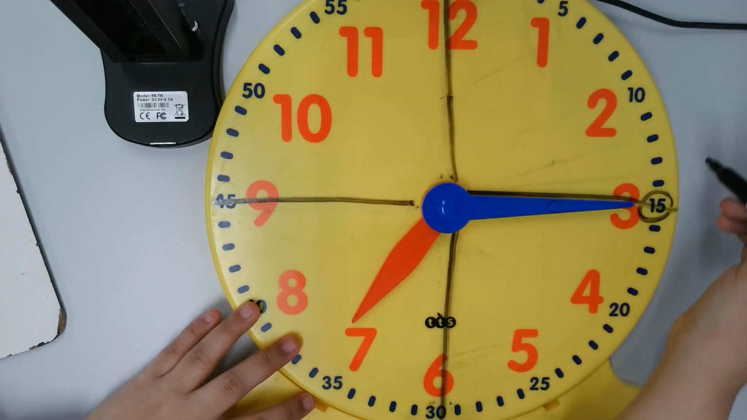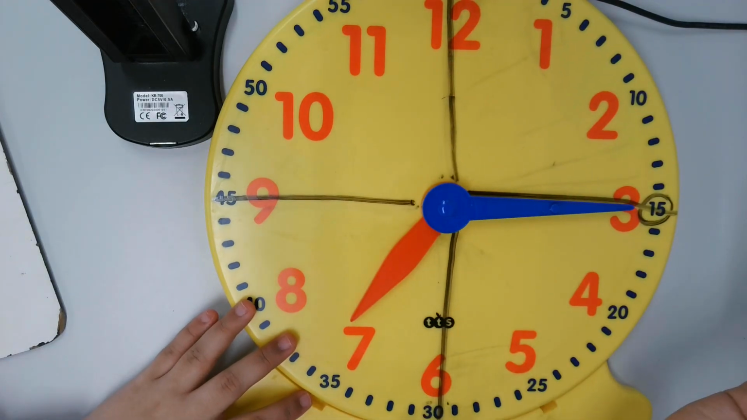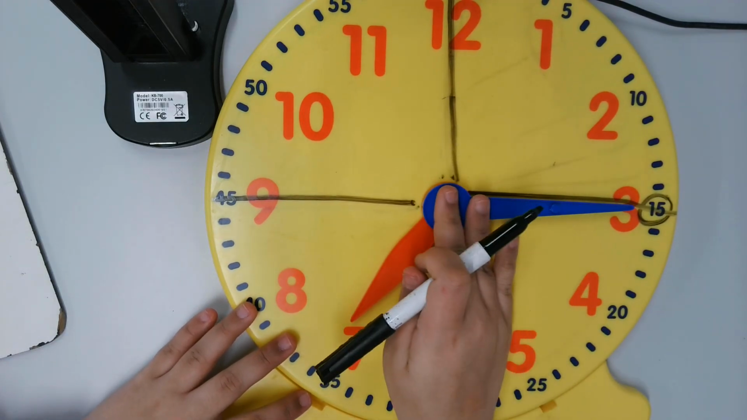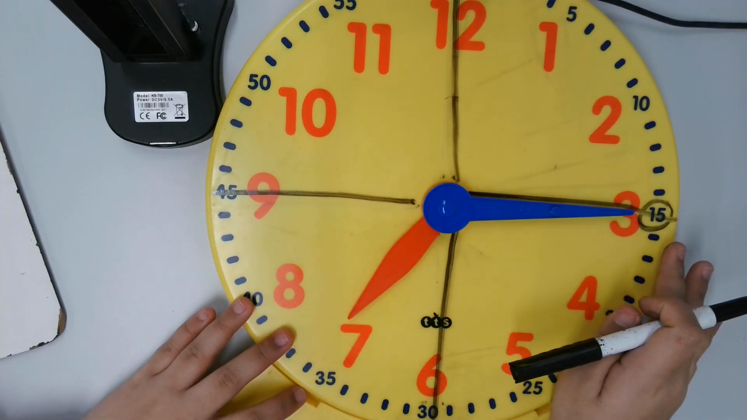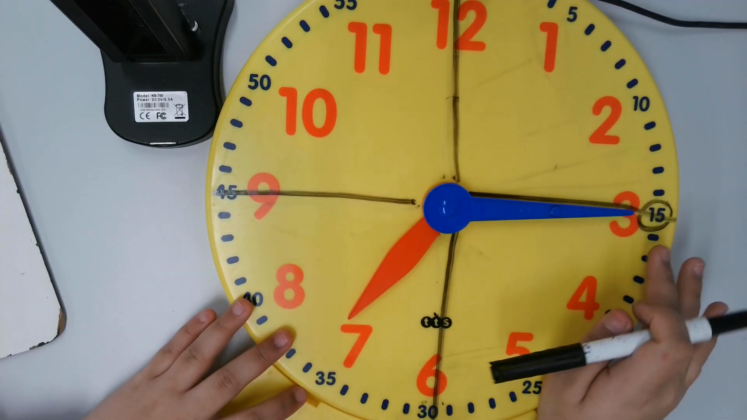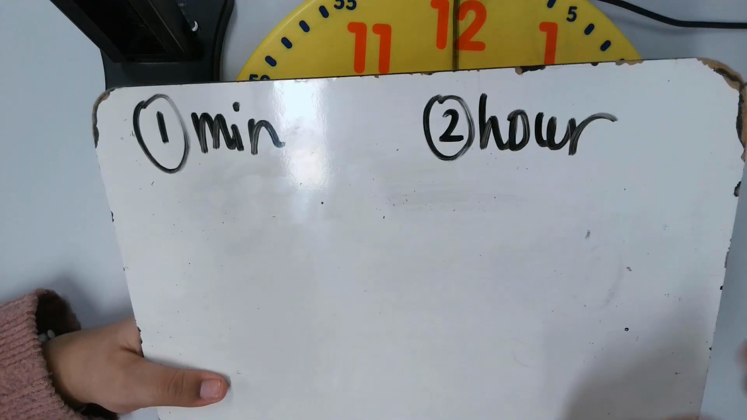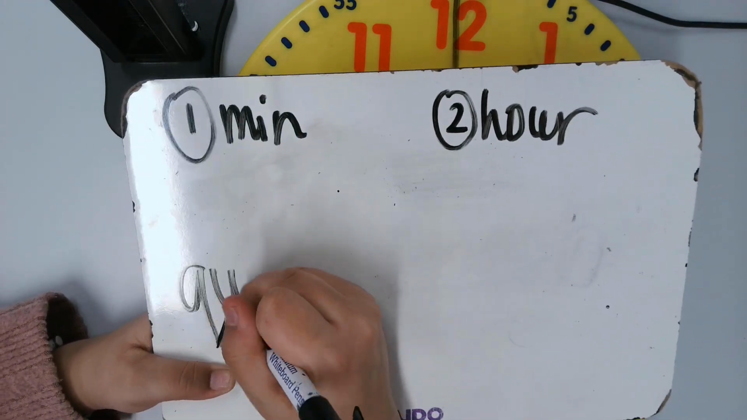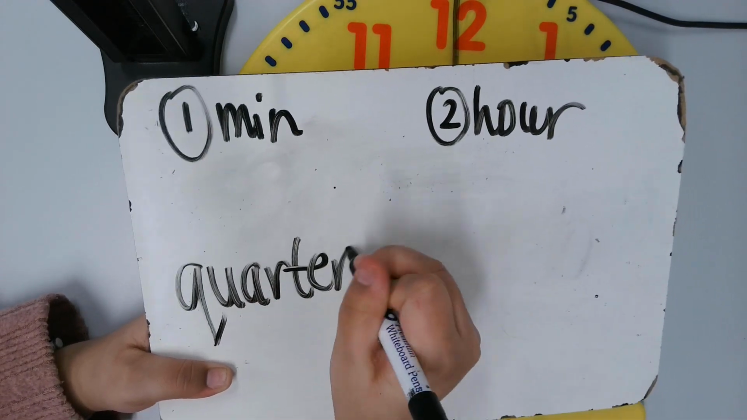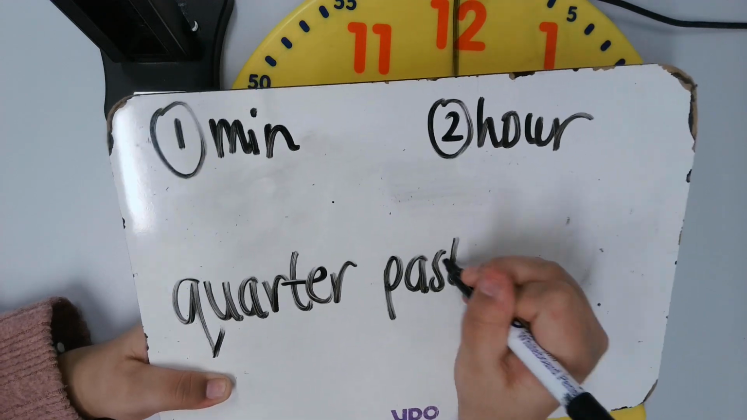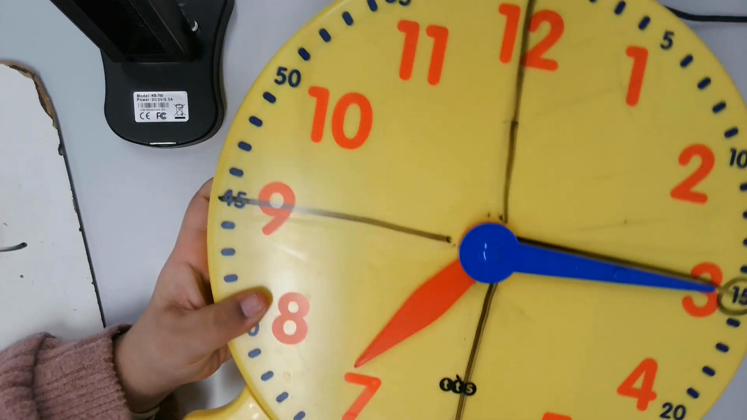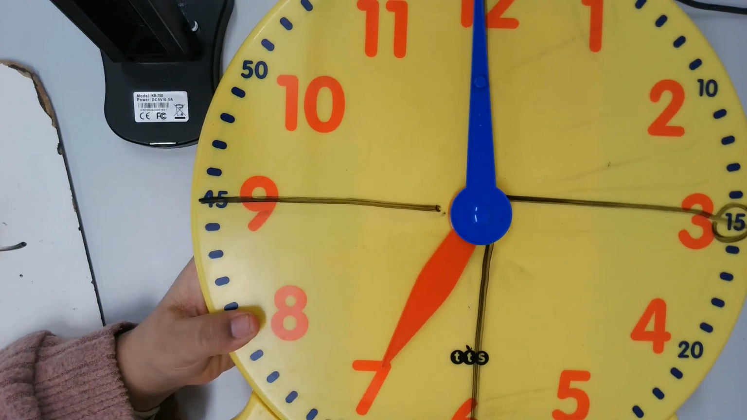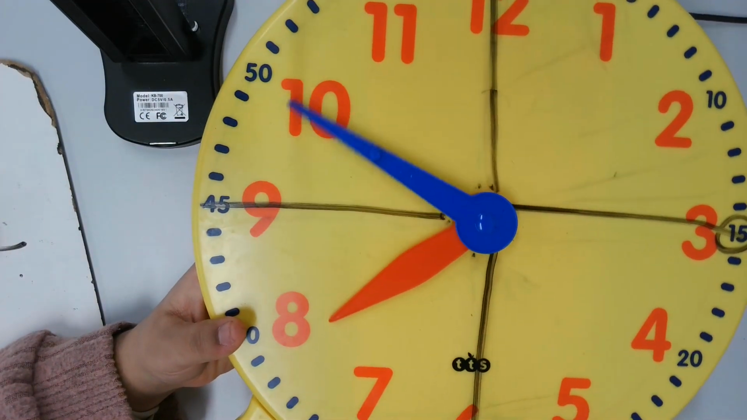If we look here, you might notice that my minute hand is right on this quarter. It's pointing at 3 and to 15. We actually call this quarter past. Quarter past something. The reason why is because if we think of a clock as one full rotation,